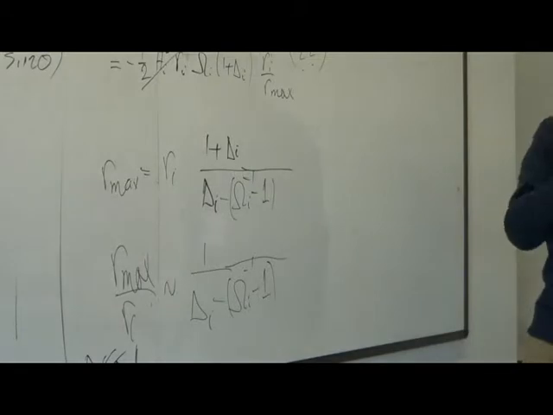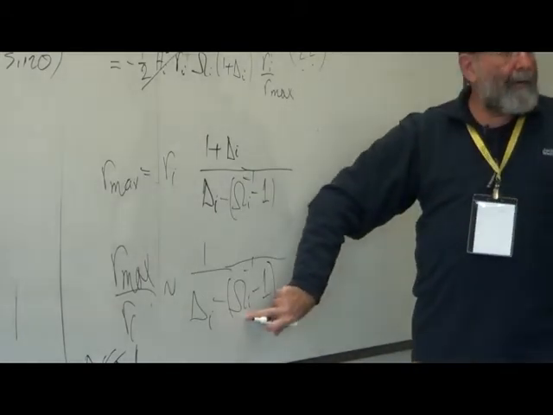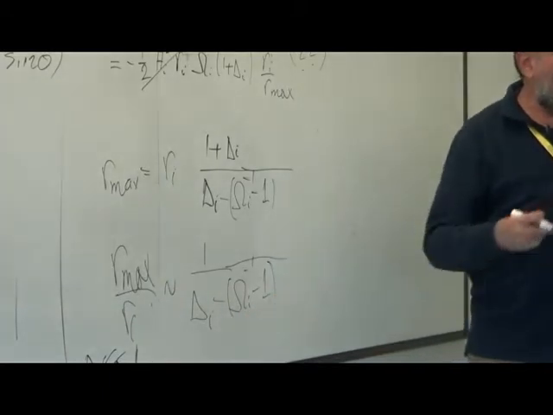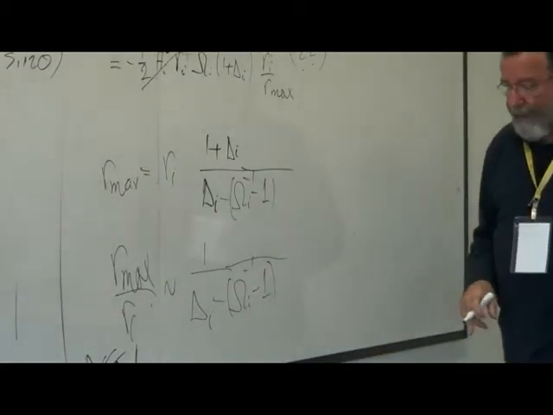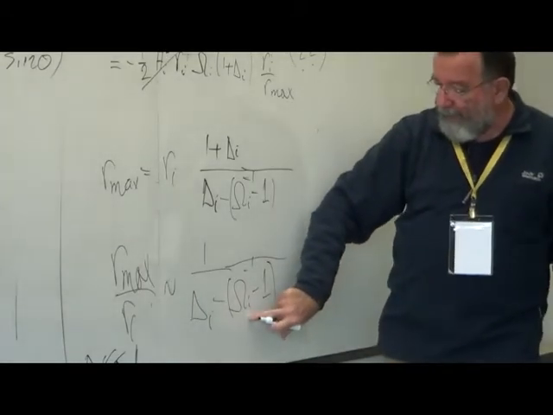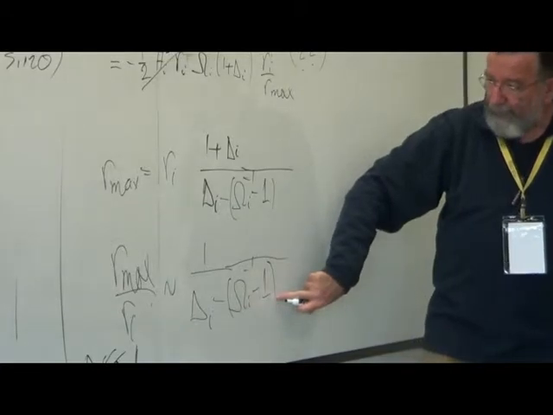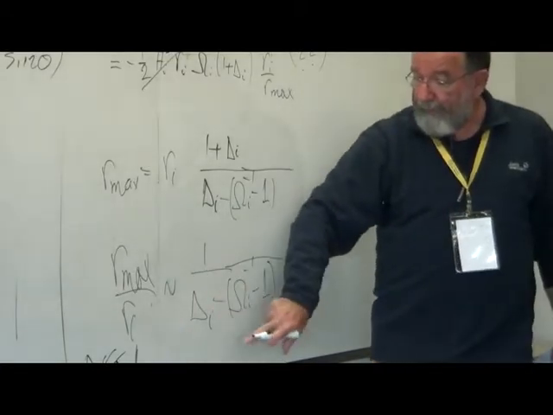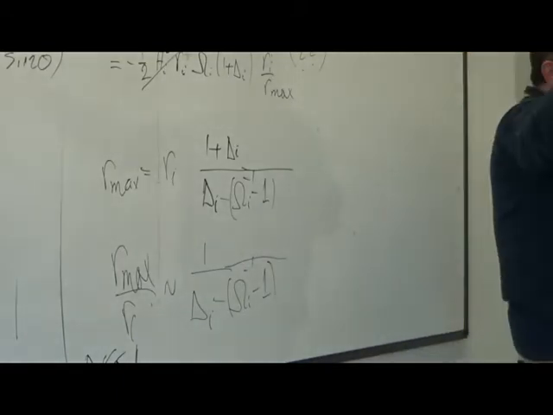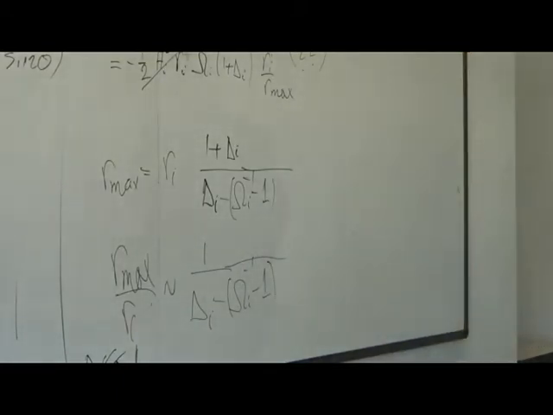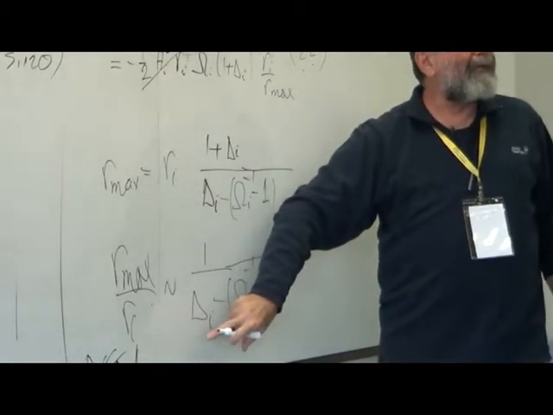Now, for the case of a flat universe with omega equal to 1, and omega i also 1, we have here 1 minus 1, so this term goes away. What we are left with is that the ratio of the maximum expansion value divided by the initial one is just the inverse of delta i. The larger is delta i,